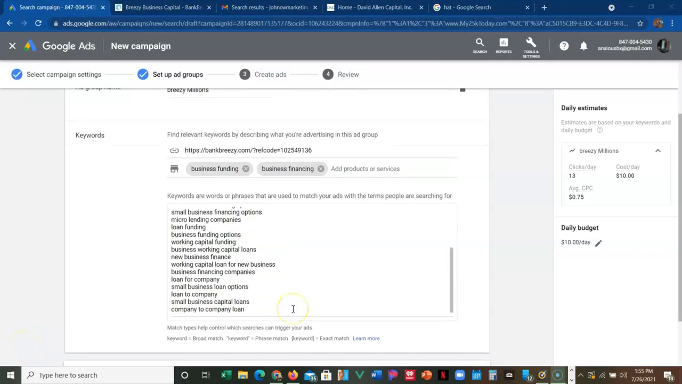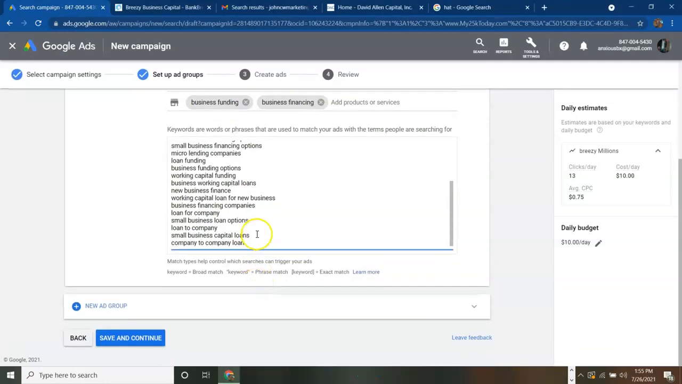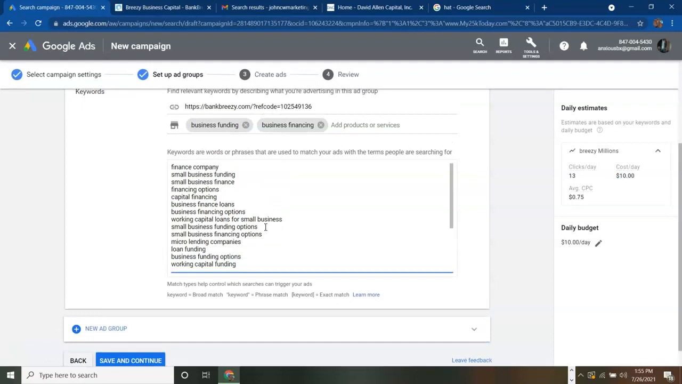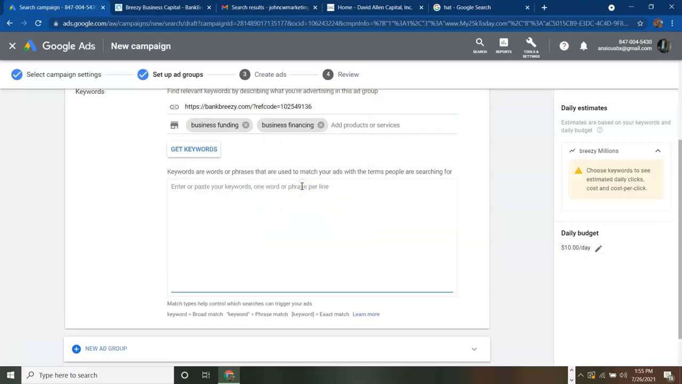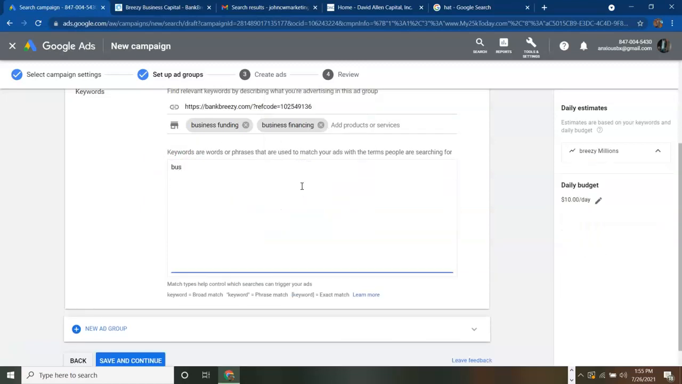So you can see what I'm saying. Delete some of this. Company to company loan. That actually doesn't make any sense. Let's get rid of that. Okay. So if I was to go through this, there's only certain ones I would use. You could use all of these. You could use none of these if you want. If you want to just delete them all, you could just delete them all, and get rid of them. And then you could use your own